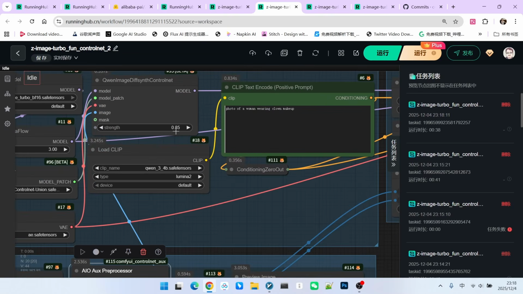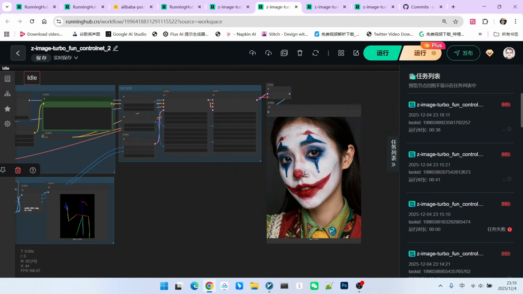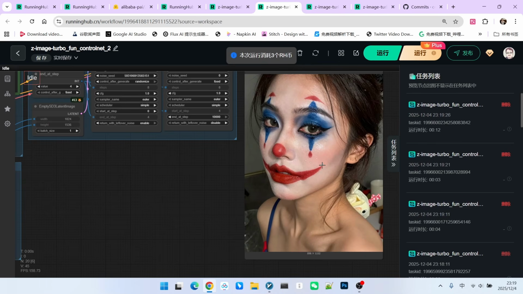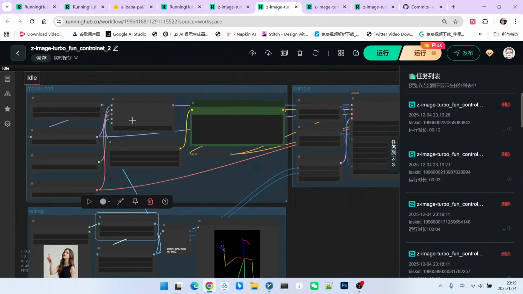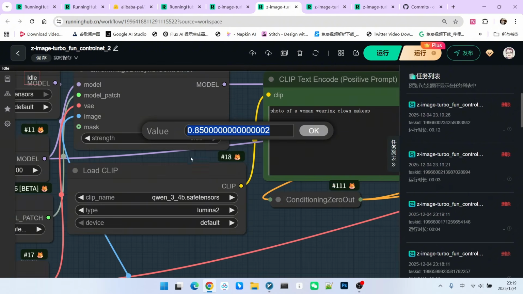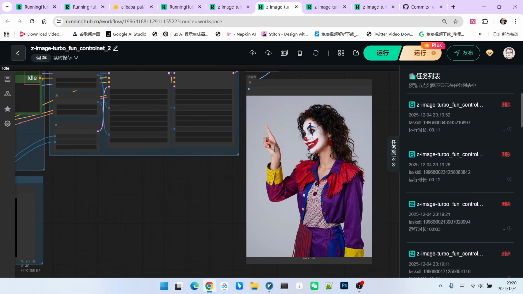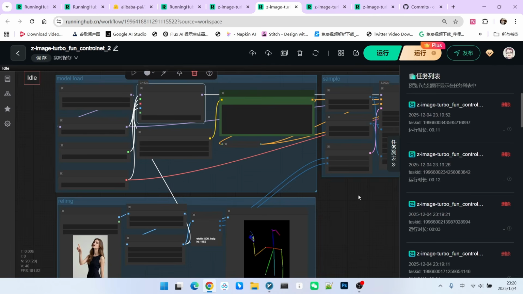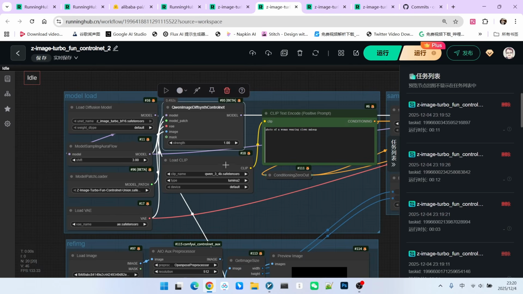When we set the weight to 0.85, the guidance from the pose map doesn't seem to have a major effect, right? Let's generate it again. Take a look. It doesn't seem to have had much impact. At this point, you need to increase the weight a bit. Let's change it back to 1.0. Feel the difference. With a weight of 1, the effect is much more obvious. The pose is fully rendered. This is why we keep emphasizing that you should test the weight values yourself and not blindly follow the official